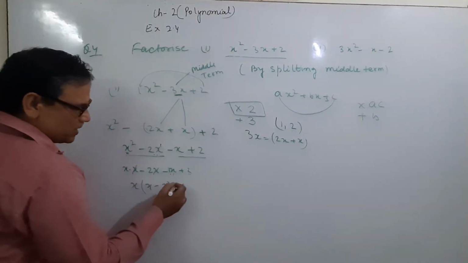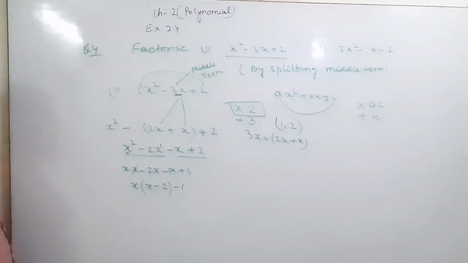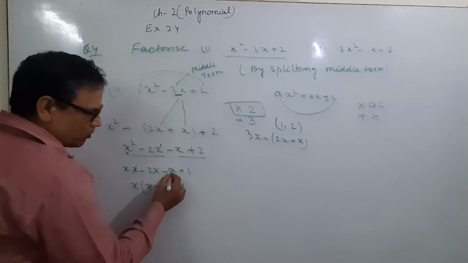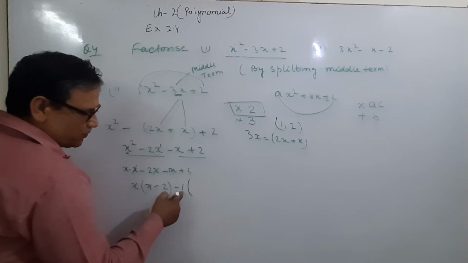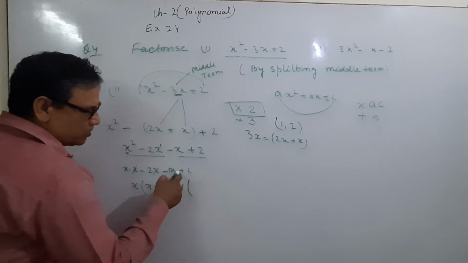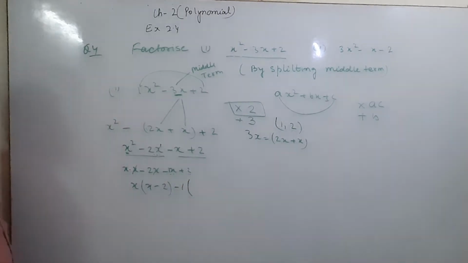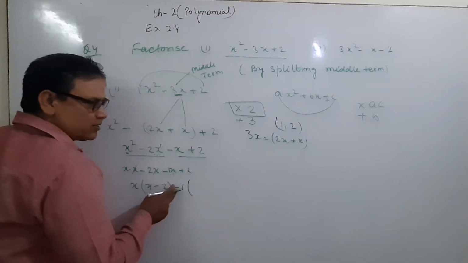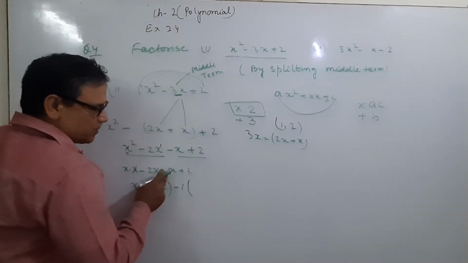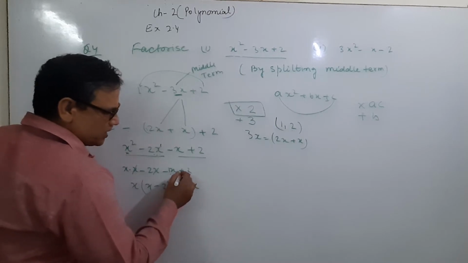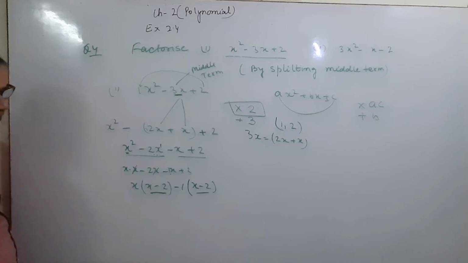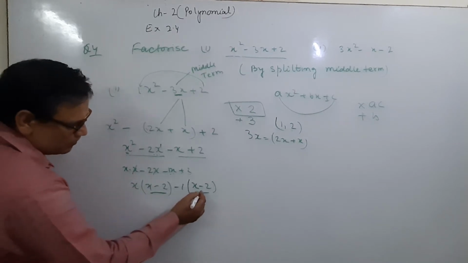If here is minus, then you have to put the sign minus. If it is plus, then you have to put plus. And if the common factor is 1, then there is no change in the numerical value. Only the sign will change if here is minus. Here is plus, we will write minus. Both should be the same. These are the factors.